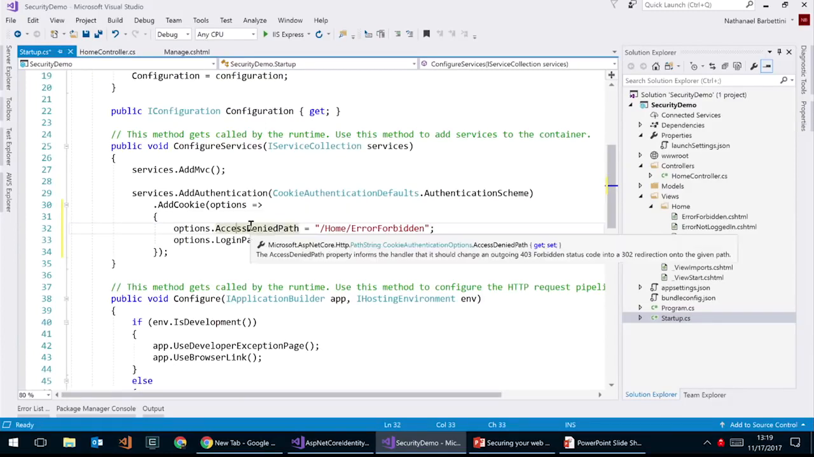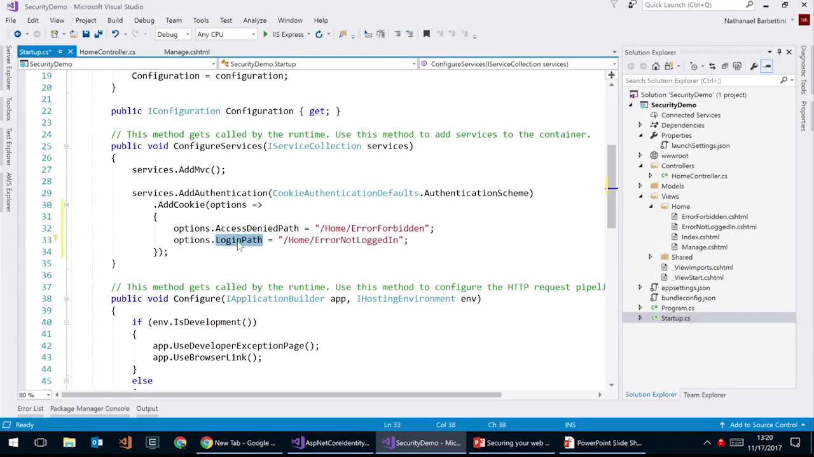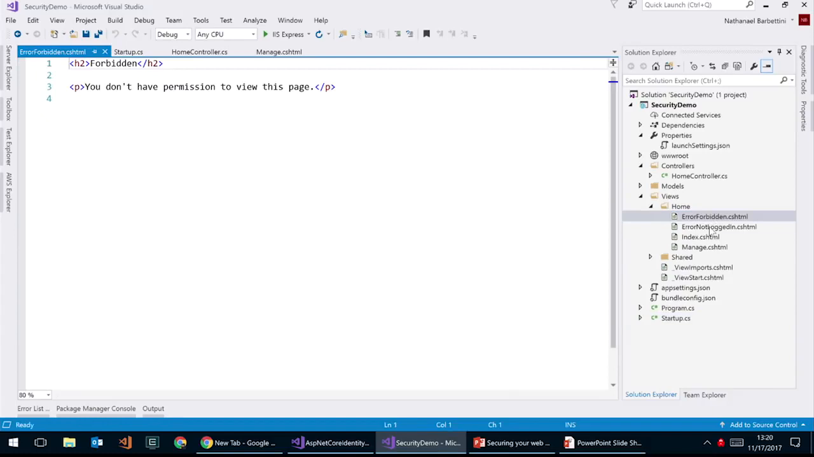The access denied path is where the application is going to redirect to if you're logged in but you fail an authorization check. And the login path is where the application is going to redirect to if you are not logged in and you need to be logged in to see a particular thing. The default behavior is to redirect to a login screen, but we don't have a login screen in this demo because I made one up from scratch. So I'm changing this to make the demo more obvious. I've also created two views, error forbidden and error not logged in, that should make it obvious how these